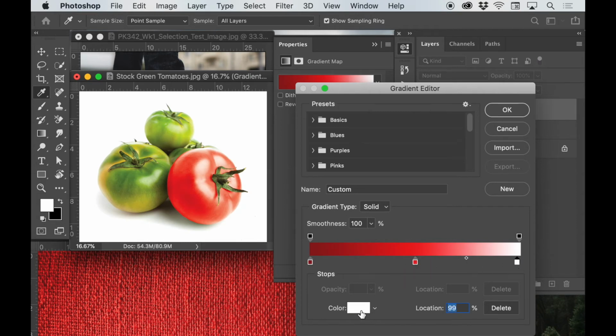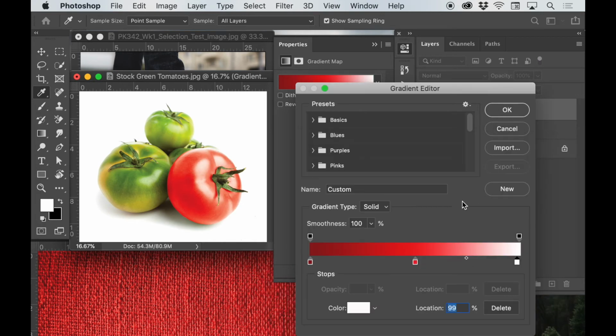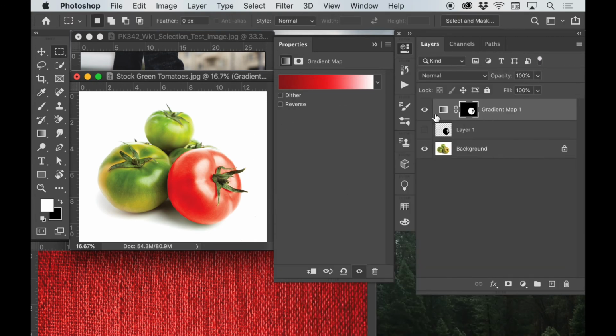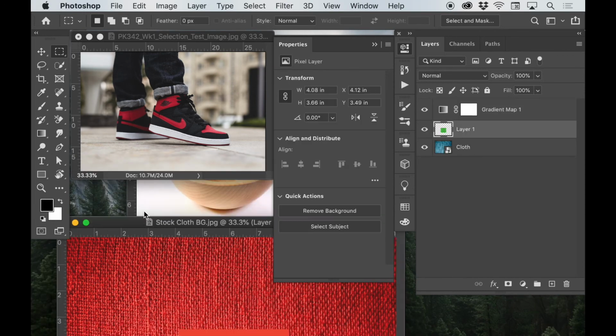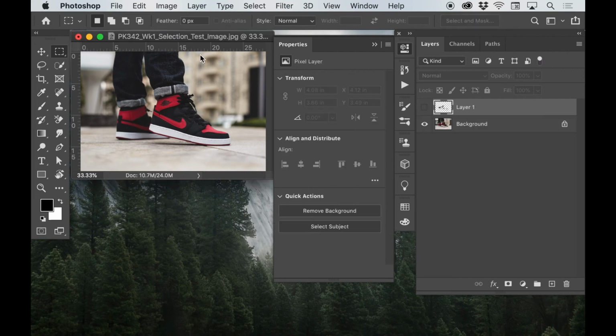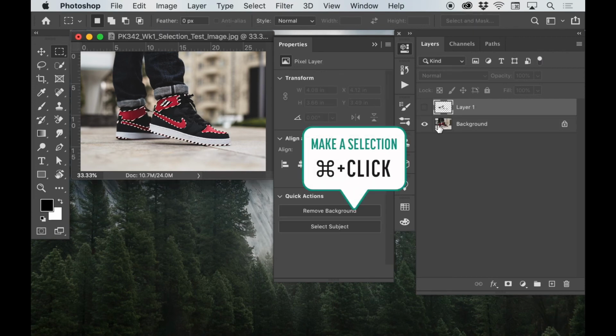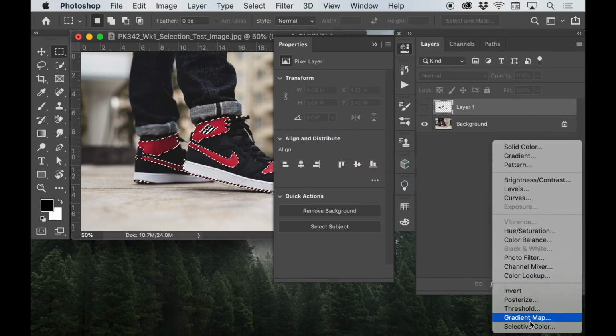But if I want to, I can go in and I can make this a faint tone of the red too, so maybe it does look a little bit more realistic, but I think the white is okay too. So that's pretty easy. I'm gonna hit OK, and then again, that's an adjustment I can turn on and off really easily. And then lastly, I'm just gonna go to this image here of these sneakers, and again I have the preloaded selection, and I'm going to add a gradient map,